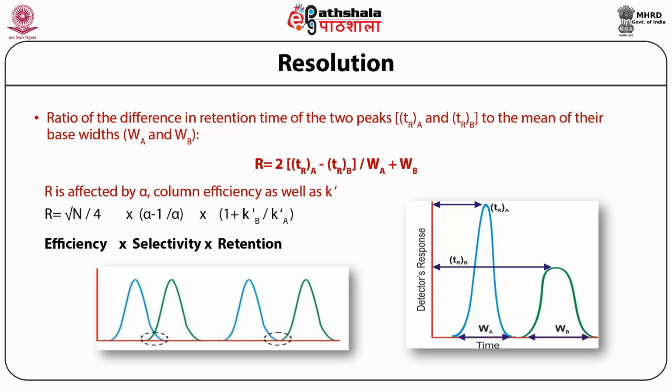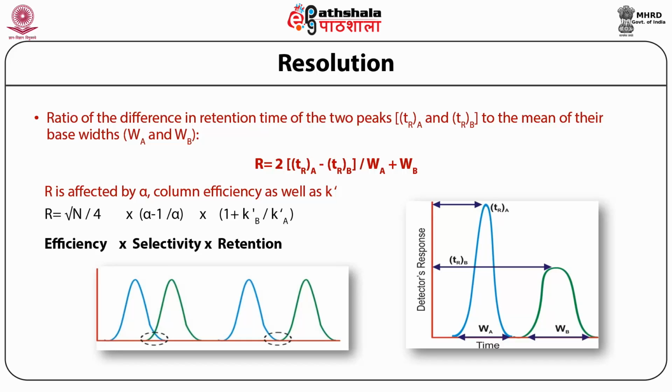R is also affected by alpha, column efficiency, as well as capacity factor. So resolution can also be given by the formula on the screen: root of n divided by 4, into alpha minus 1 divided by alpha, into 1 plus capacity factor of analyte B divided by capacity factor of analyte A. So root of n divided by 4 is efficiency, alpha is selectivity, and capacity factor is retention. Therefore,